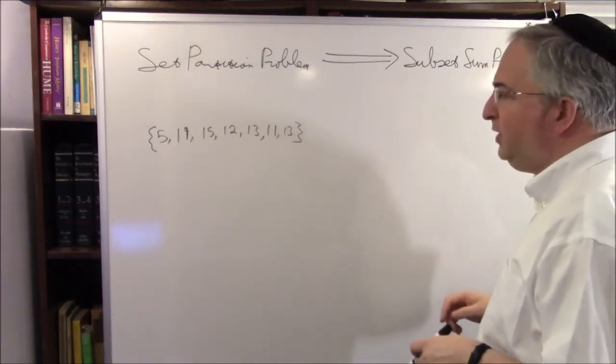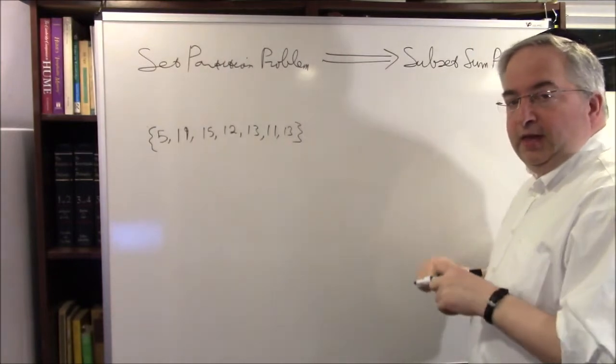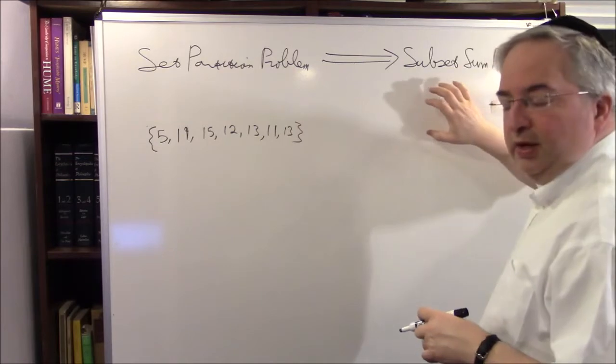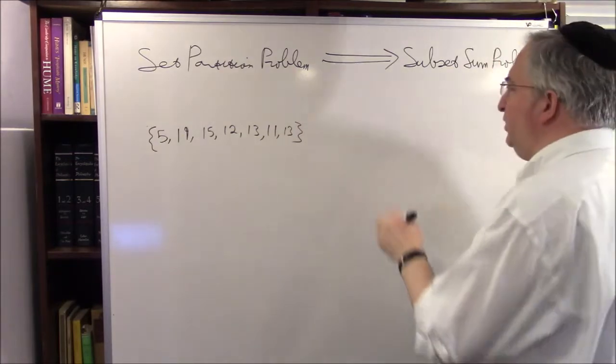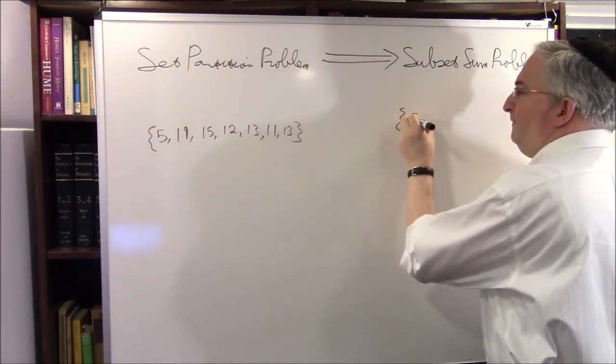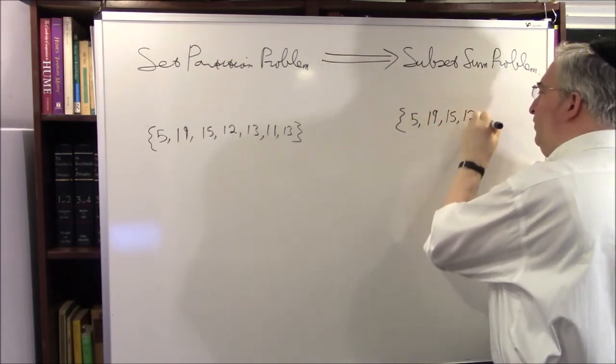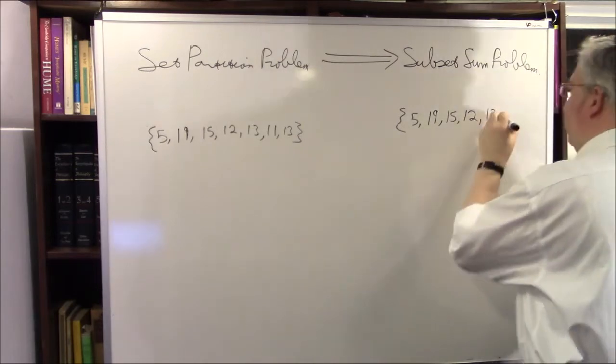Okay, so here's what I do. And again, there are many subset sum problems, but I want to change this problem into one, and you'll see it has a special thing. So here is the problem: 5, 19, 15, 12, 13, 11,